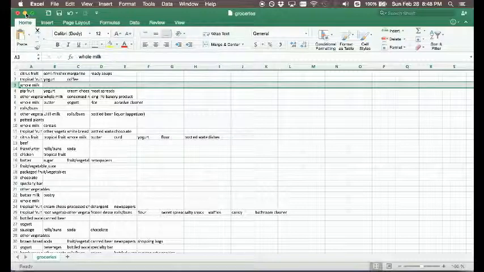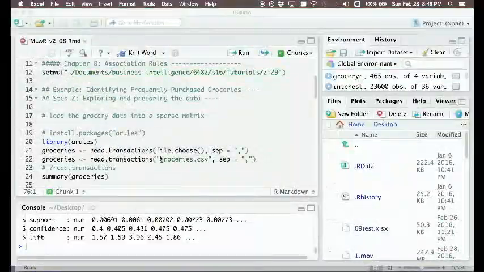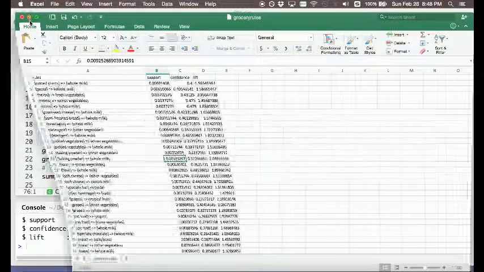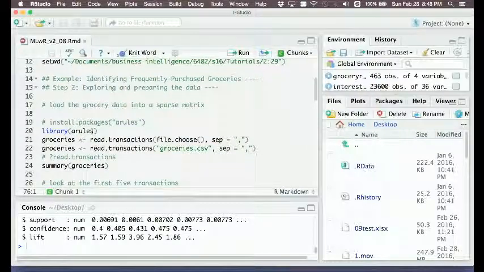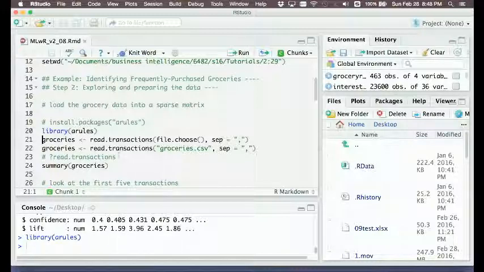Let's first import this grocery dataset into R. The first thing is you need to install the package arules. After installing arules, you need to load this package. And instead of using the read.csv function to import our dataset, here we use the read.transactions function, and